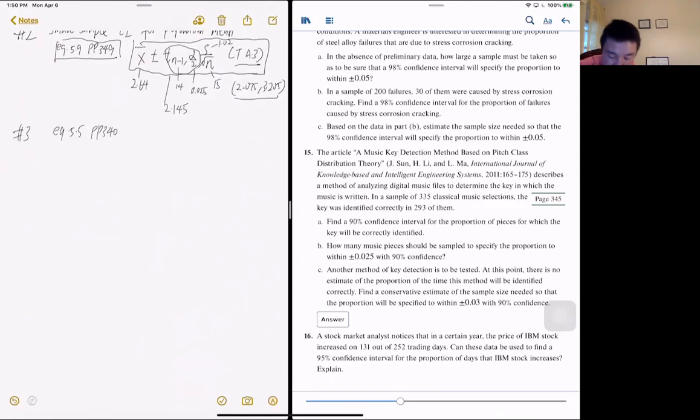Again, this is for any sample size n. The proportion will be between 0 and 1. So the confidence interval is